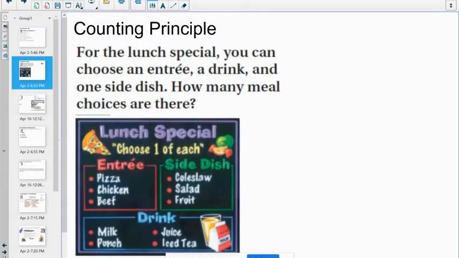So for our counting principle, it's asking how many different meal choices you have. It says lunch special, you can choose an entree, a drink, and one side dish. Remember for the counting principle, we don't even have to make that tree diagram. We can make, remember how I've been emphasizing making little hangman blanks, like little slots. So we have one slot for our entree, one slot for our side dish, and then one slot for our